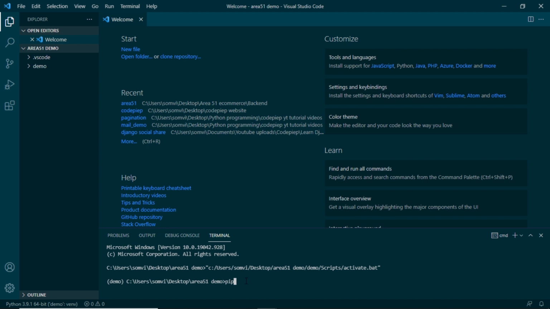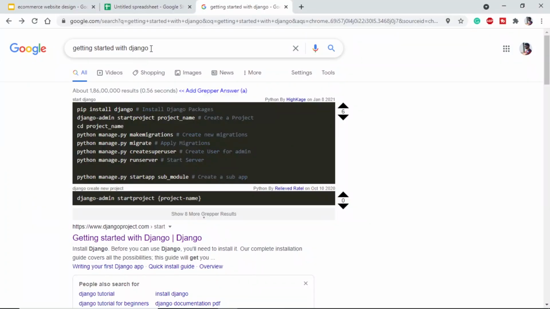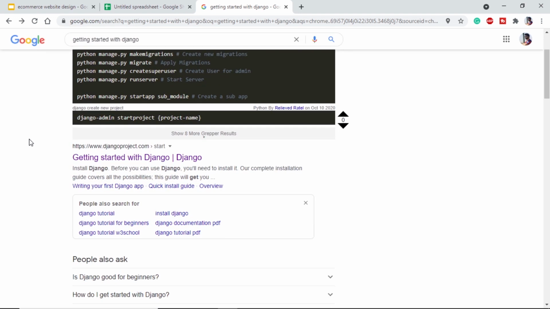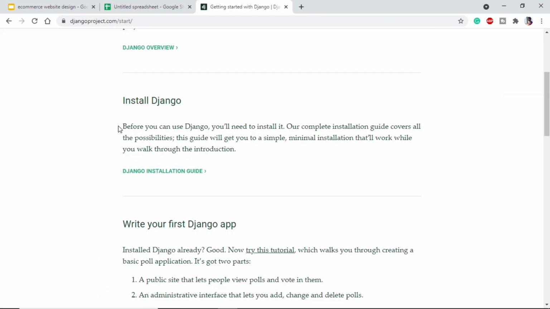So first of all, we will install Django. Now Django is installed. Now we can start creating our Django application. For that, if you are a real beginner and don't know much about Django, I will recommend you going through the Django documentation. In the browser, if we search for getting started with Django, we will get one link of djangoproject.com where it will show us the simple ways using which we can start using Django. So if you are a person who likes to go through a documentation, please have a look. Otherwise, I will guide you through the process.